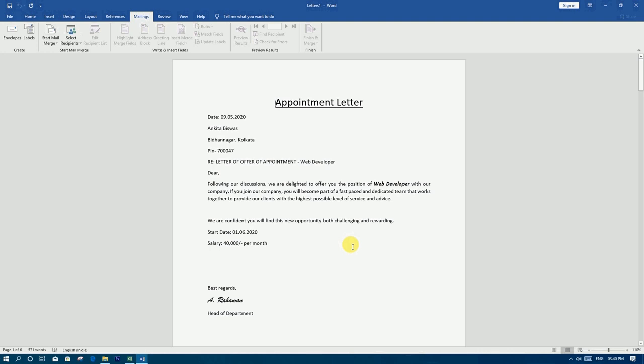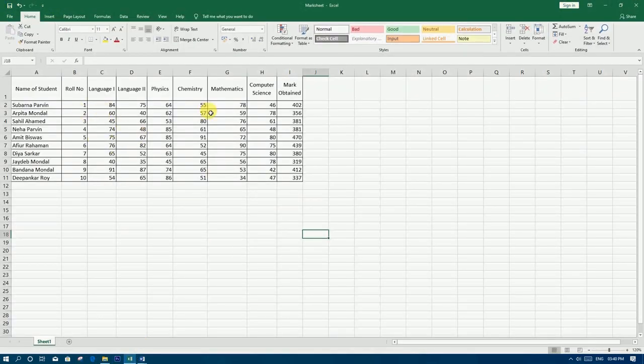Next we will see how to do a mail merge using saved data. So here I have already typed data in an Excel file, that is a mark sheet format. So I will use it in mail merge.